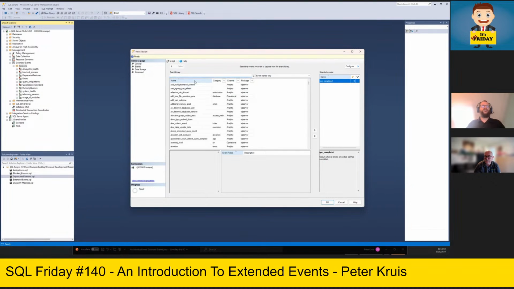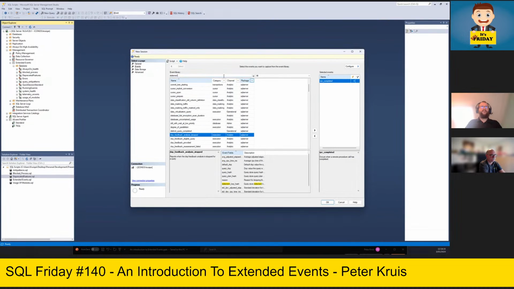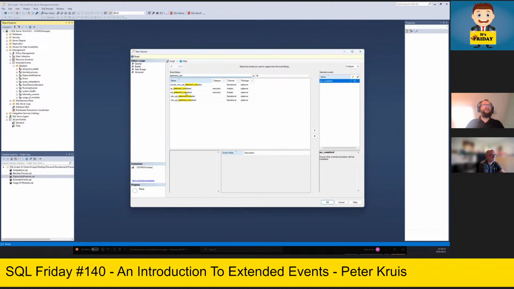By default, the search is only on the name, but you also have the possibility to search on the names, descriptions, etc. If you don't exactly know what you are looking for, you can search on all. You can say, hey, I would like to have my statement or whatever, and you can see all the events. Okay, I don't know exactly what the data masking traffic is or whatever. And here you have a small description about what it is. So for example, when we have the statement completed, we can find it occurs when a statement inside a stored procedure has completed. This can be cool. And here the statement completed.